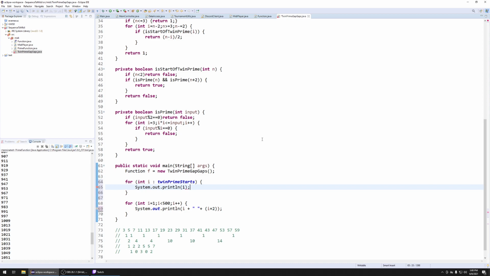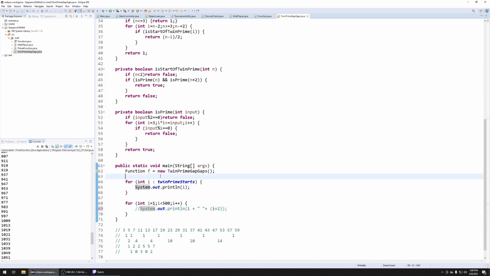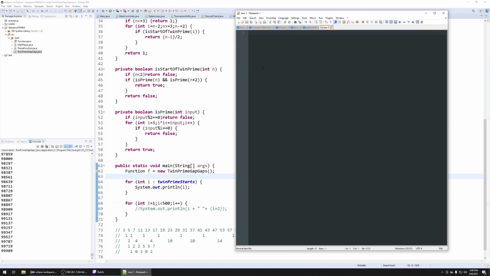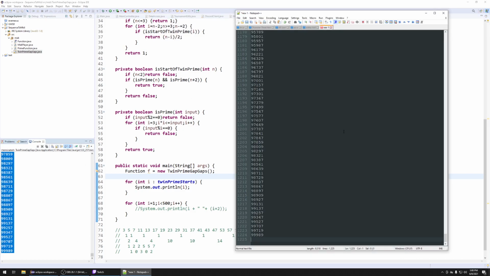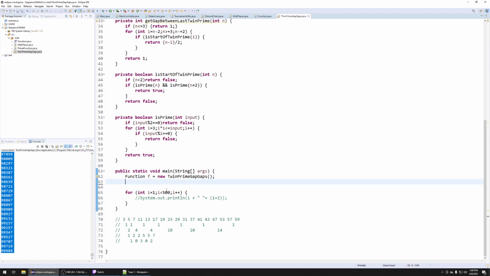I just want to get this list in Notepad real quick. Let's comment this out. I'm going to bring up my Notepad++. These are all the twin prime beginning numbers, so the beginning of each pair. Yep, so 3 to 5, 5 to 7, 11 to 13, 17 to 19. So these are the first in each pair. Right, so I just want that in Notepad, so when I run this other code,